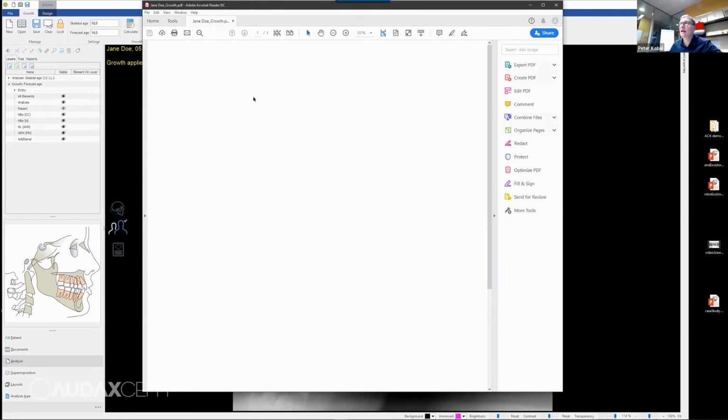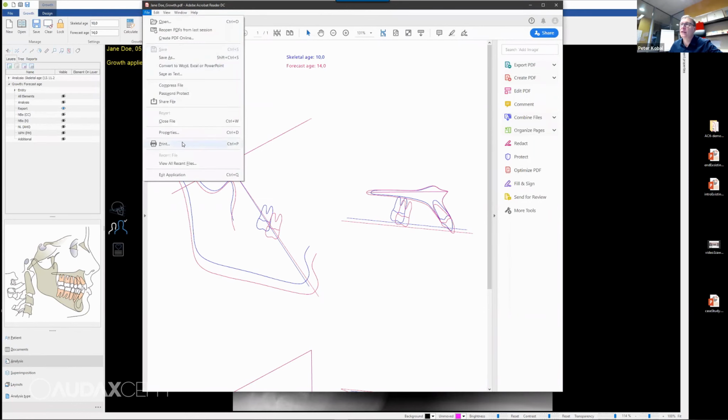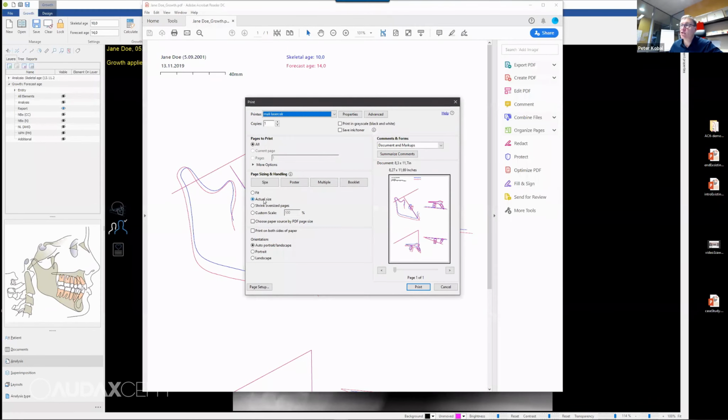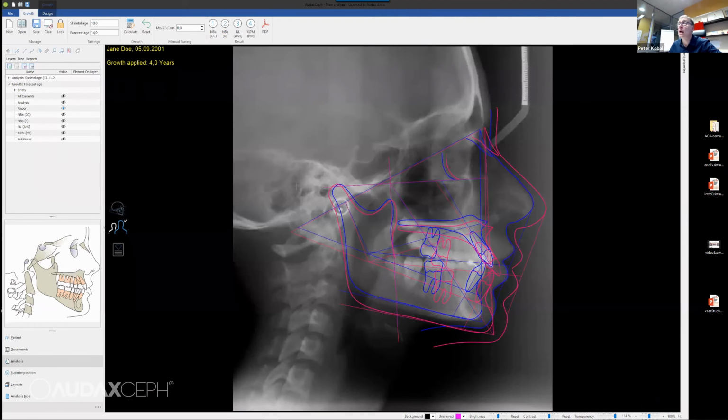It's in PDF, and we can print it in natural size. If you go here and just say print it in actual size, it will be 1 centimeter on the paper, will be 1 centimeter in nature. I will not print it now. I'll just close that. Okay, we can from here, as you saw, go directly to VTO from here, but we are not going to